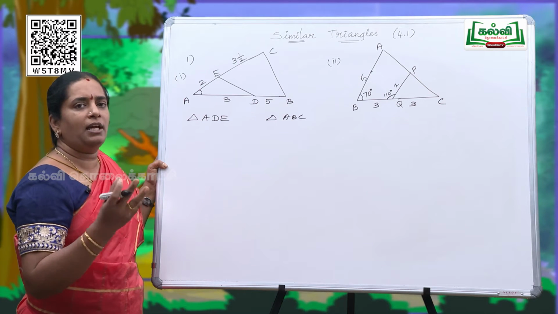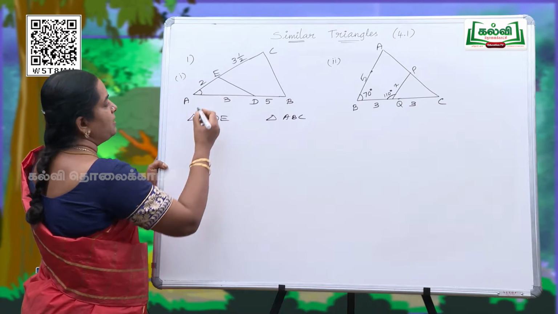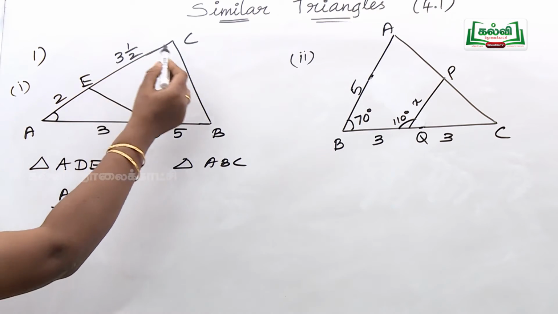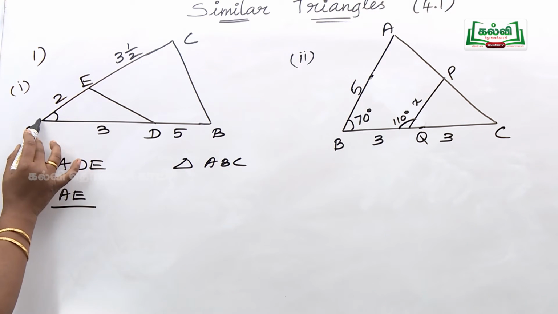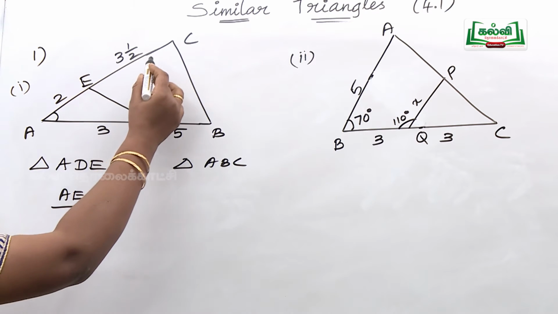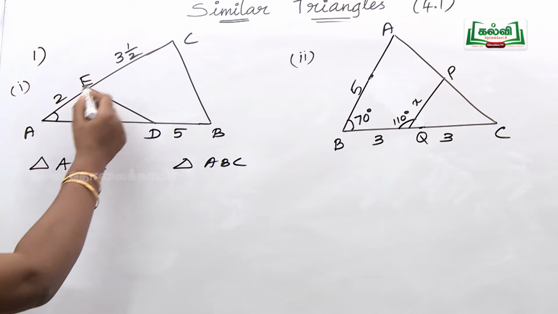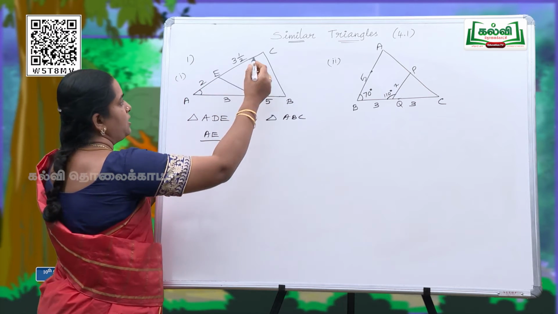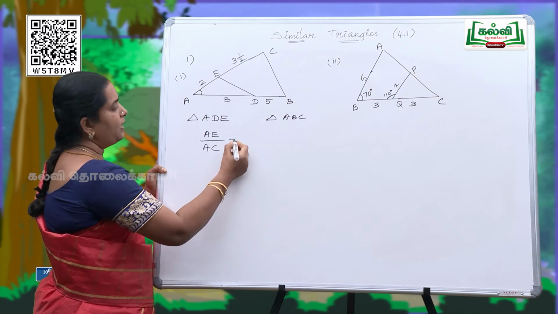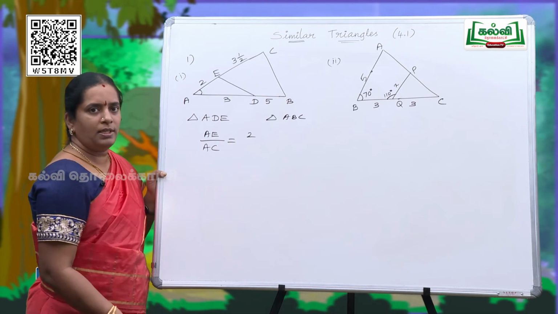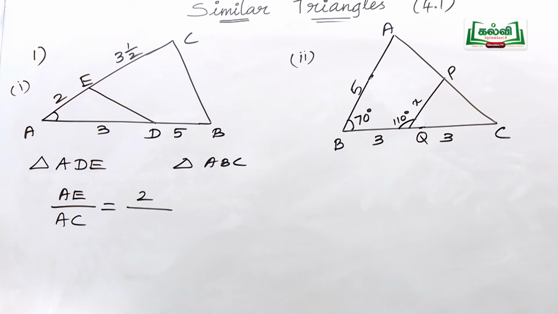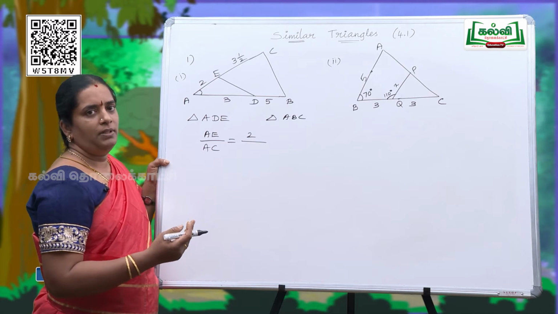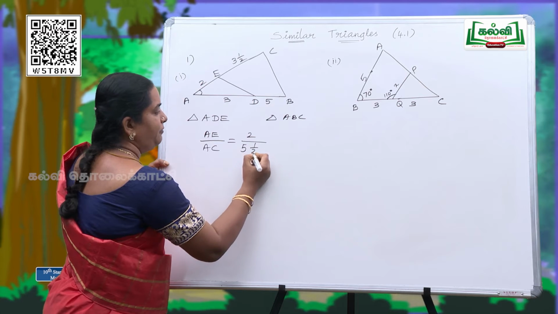So we have to check whether they are proportionate. So let us take the sides in the smaller triangle is AE, and here this is AC. In the smaller triangle, the side including this angle is AE, and in the same way for the larger triangle we have AC. So let us check the ratio of AE to AC. What is AE? Yes, 2 centimeter, 2 units it is given, and AC we have to add 2 and 3.5. 2 plus 3.5 is 5.5. So we have to say 5.5.